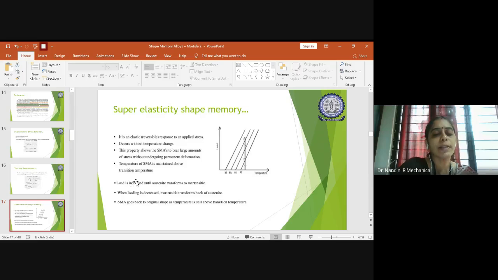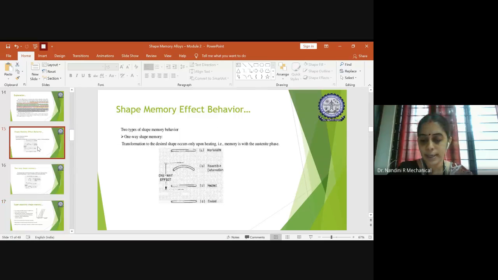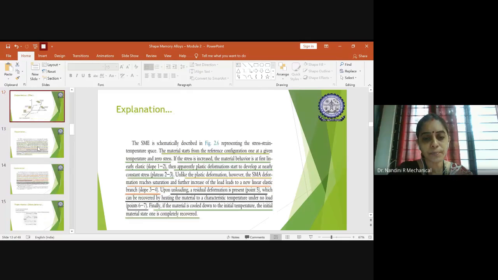Next one is that load is increased until the austenite transforms to martensite. Initially I told you that to get the material deformed, you subject it to some mechanical loading, because once it is deformed, only then do you supply the heat. So the load has to be increased until the austenite transforms to the martensite. You can see this in the